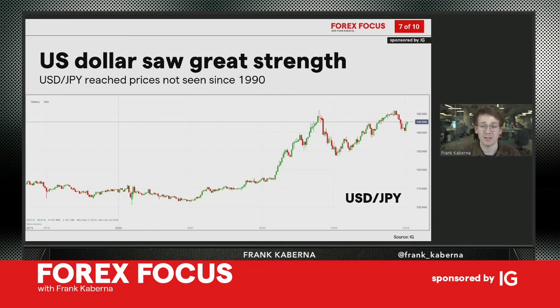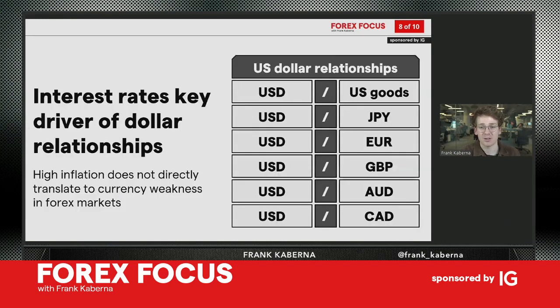Japan never hiked interest rates, and the US moved higher than the euro area and then the UK, then Australia and Canada as well. That actually translated to relative strength between the dollar and those other currencies, because as you can see here, the dollar has a lot of nuanced relationships. And while it may be weakened compared to US goods and services, it actually strengthened compared to the Japanese yen, euro, pound, Australian dollar, and Canadian dollar,